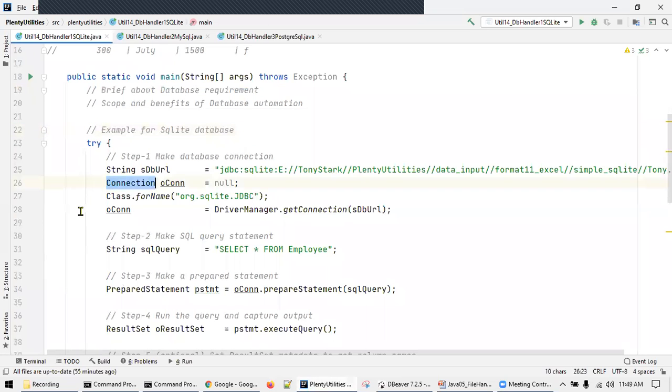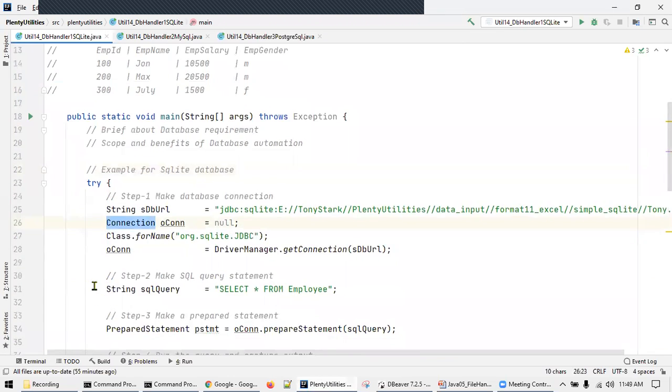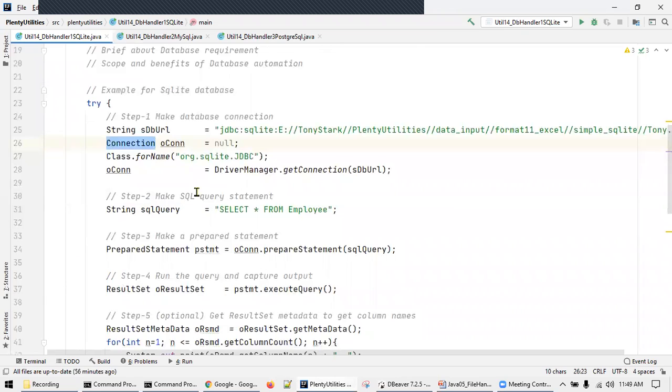Connection is one class which is there in the java.sql package, which is readymade available in core Java. We also need to have this SQLite JDBC library available. It's a jar file. You'll have to download it from Maven repository and then start using it. So DriverManager.getConnection to this particular DB URL. What will happen is your driver manager will connect to this particular database. Okay, remember it is just a connection. Now step 2,